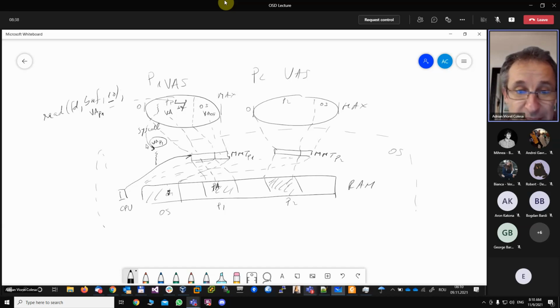Anytime the OS uses a virtual address which is in this part where the process one's memory is reserved, that VAP1, let's take this one, will be mapped using this part of the same memory mapping tables, which are mapped correctly here, okay? So one reason of having this is to help the OS access the current process memory. The other alternative, if you remember from last time, would be for the OS to map inside its own address space. So to find the gap and to map there the